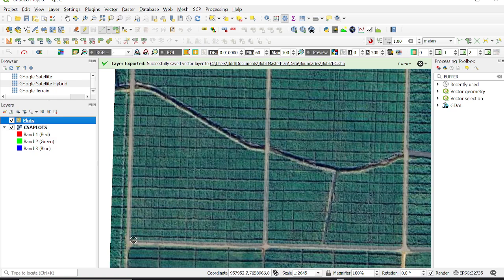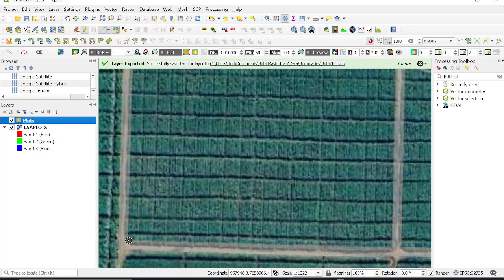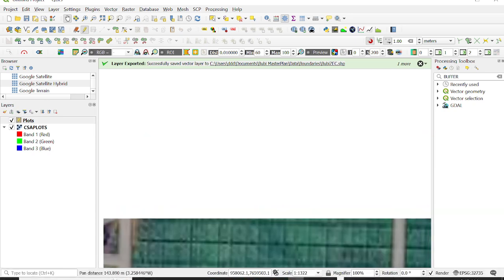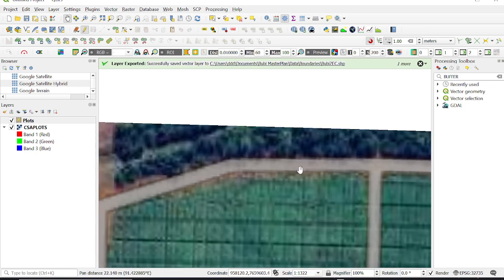You come to the corner, you press there, another corner, press there. Then you take this hand, drag downwards. So our plot ends here. You press there, press also here, and then right click,